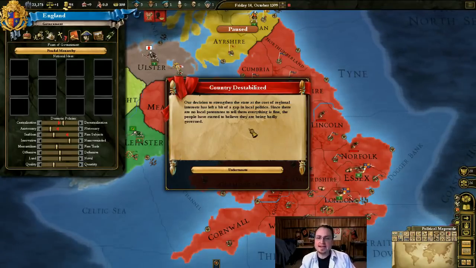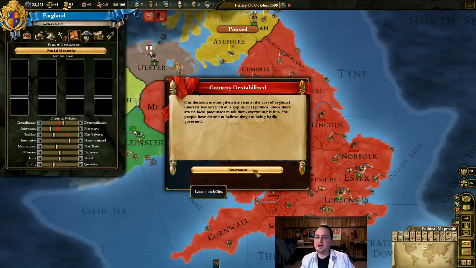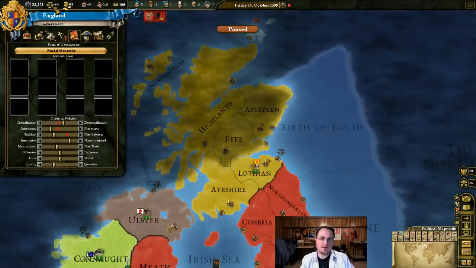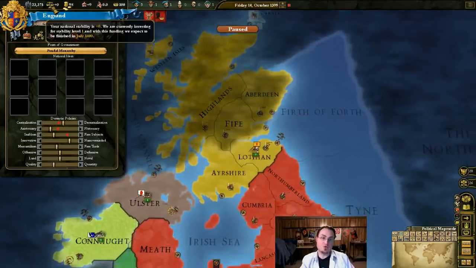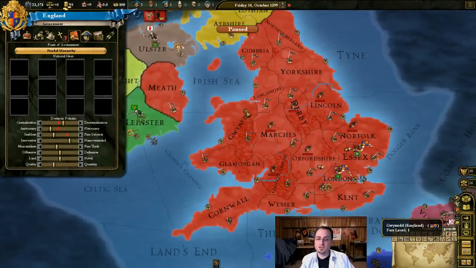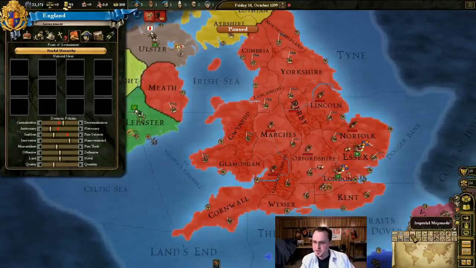Since there are no potentates to tell them everything is fine, the people have started to believe they are being badly governed. It's unfortunate. So we have lost some stability, which is quite poor. Again, it affects quite a bit of things in our country. But one of the most important things short term is going to be the revolt risk. Specifically, Wales is kind of unstable, and they might